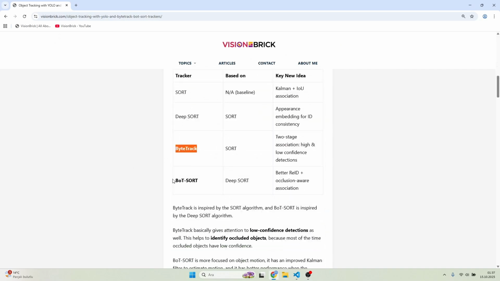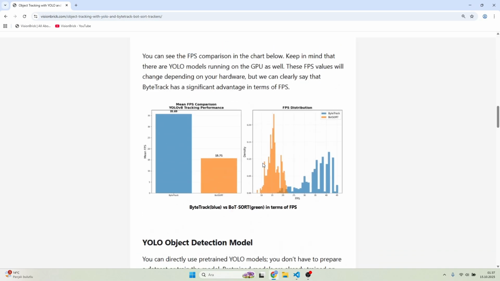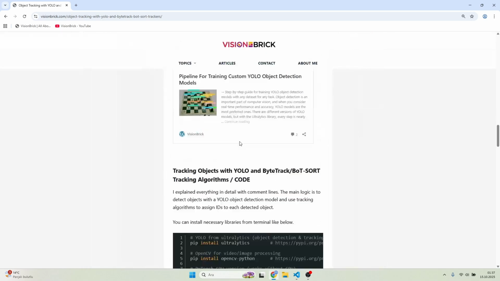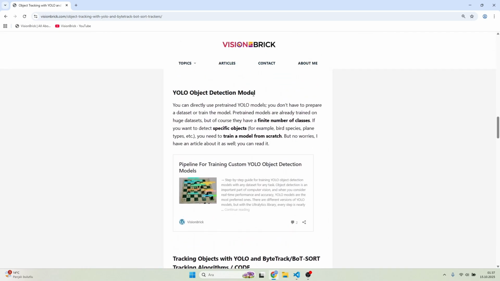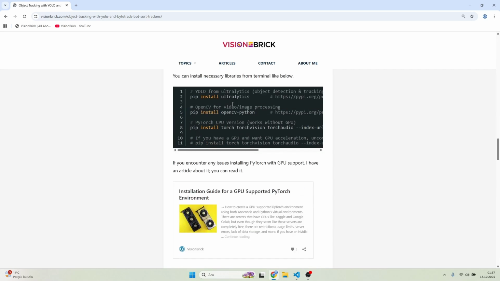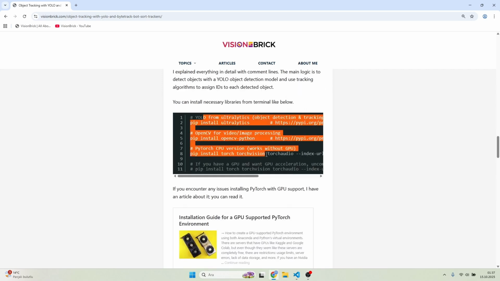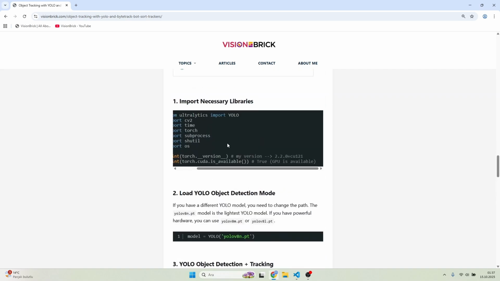Yes, we use these two trackers and you can see the FPS comparison here. So you can use custom YOLO object detection models as well. You don't have to use these pre-trained models. Yeah, I will show you how to install libraries, import,